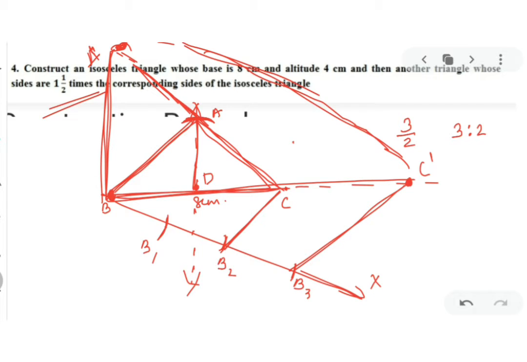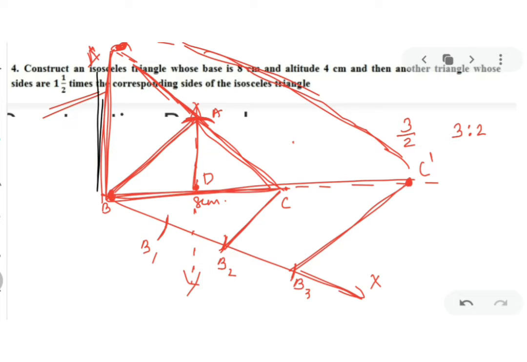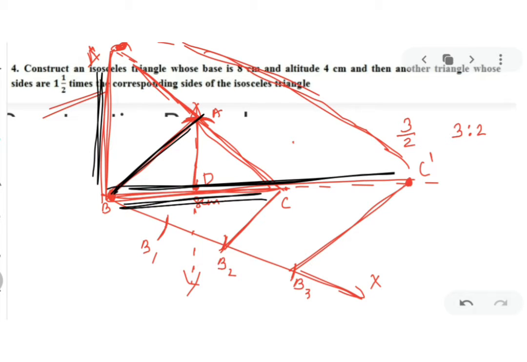Getting my point? You can also check. You will get the value of A dash B. That is this. I will mark this. A dash B अगर आप check करेंगे, that will be 3/2 times of AB. Then you can check BC dash. आप अपना BC dash भी check कर सकते हो. This one. That will be 3/2 times of BC. And you can also check A dash C dash, this side of your triangle, with your AC. That also will be 3/2 times of your AC. Got my point clear?